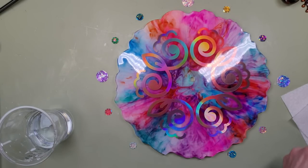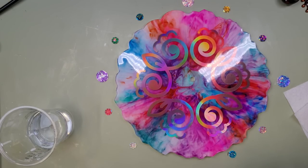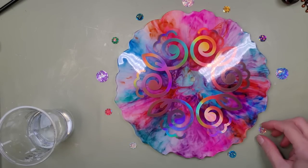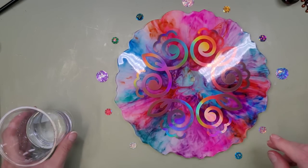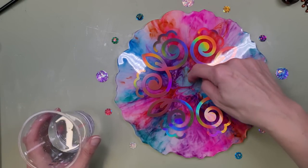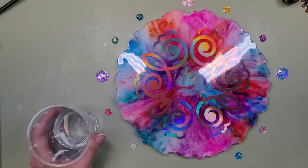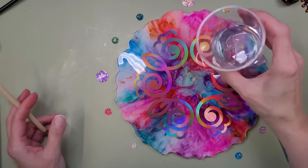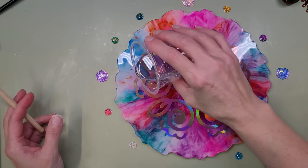Okay. Now, I don't have a doming mat. I really need to get one because I think that would help. But I will try to be careful on doming this so it doesn't go in there and it doesn't go off the edge. Okay, here we go. I only mixed up 2 ounces, and I probably won't need it, but I'm just...